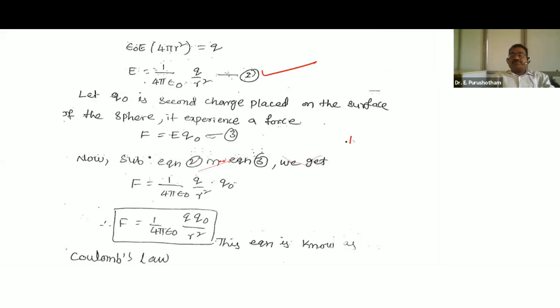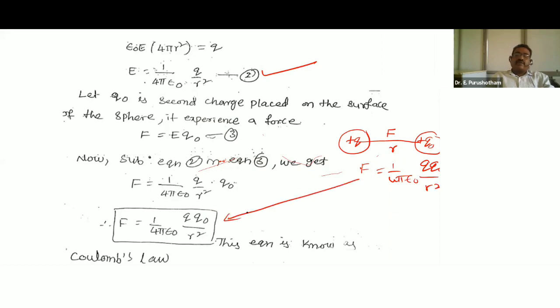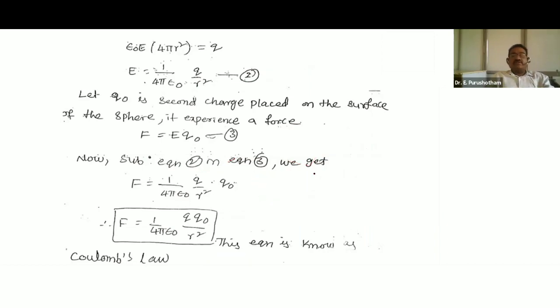So you know very well Coulomb's law. For example, this is Q1 and this is Q2 or Q naught. The distance between these two is small r, and the attractive or repulsive force, that is the electric force, is F. From this relation, F is equal to Coulomb's law, 1 by 4 pi epsilon naught Q Q naught by r square. So we will calculate this formula. E is equal to 1 by 4 pi epsilon naught into Q by r square.